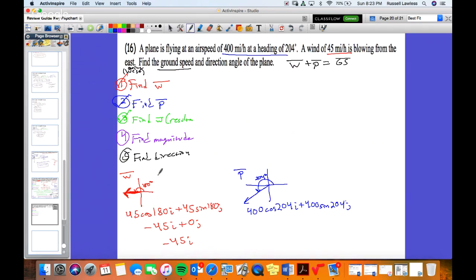So in this case, we're just going to do 400 cosine of 204i plus 400 sine of 204j. And so then that's going to give us 400 times the cosine of 204, which will give us negative 365.4i. And then we'll add that to 400 sine of 204. But since it gives us a negative number, we won't add that. We'll actually subtract